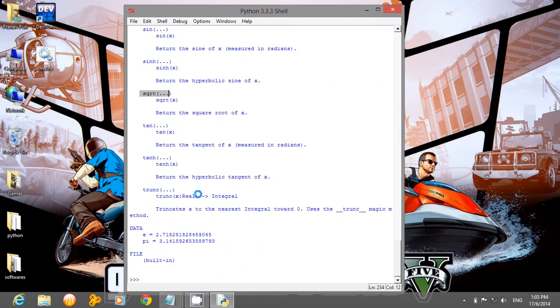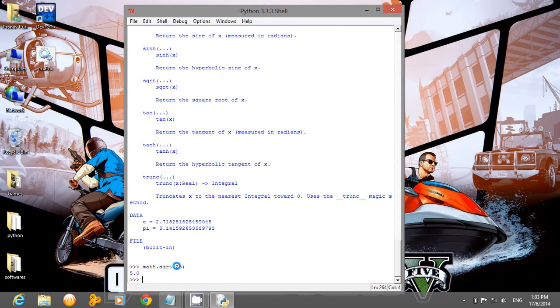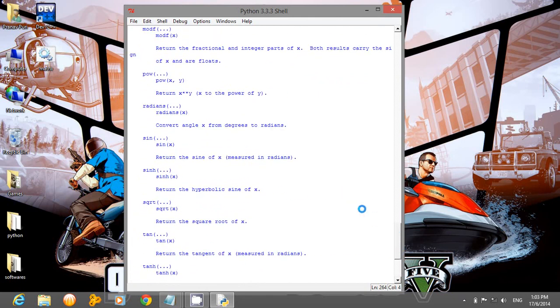So let's discuss some of its library functions. I have to calculate the square root, so first I use the module name, the dot operator and sqrt, the function name, and the number 25. The square root of 25 is 5. Suppose I have to use the power function.